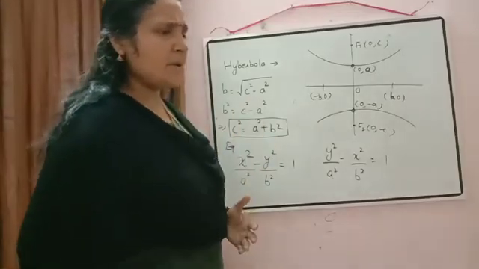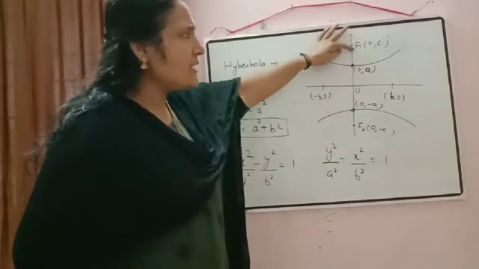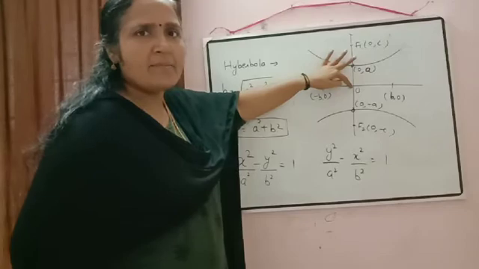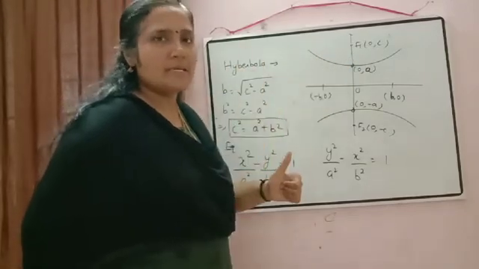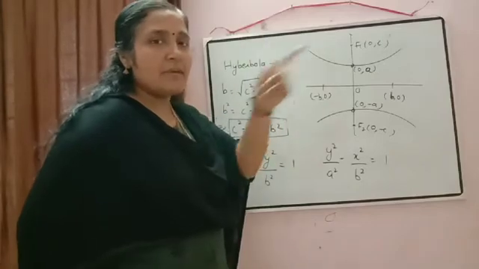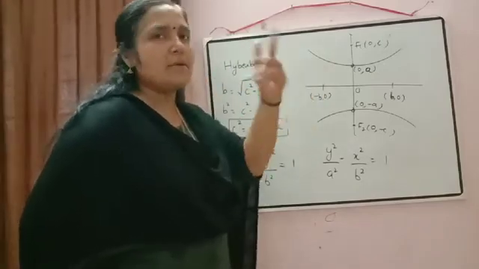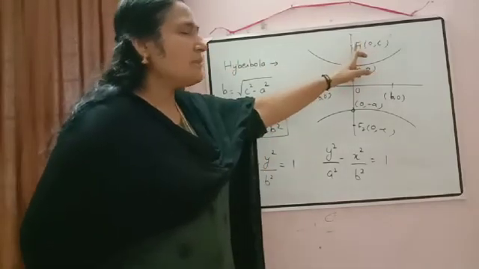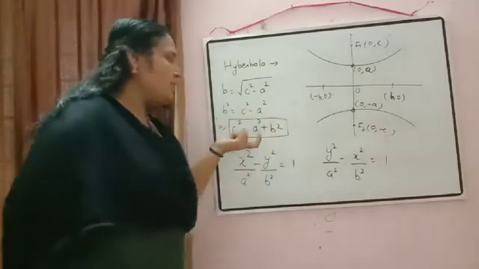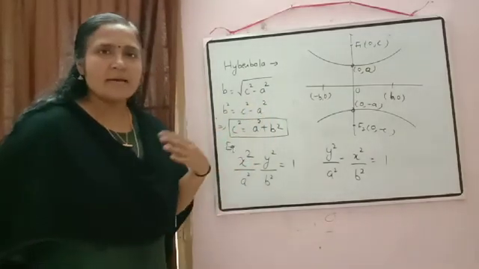To remember this one, how can you remember it? You can check the diagram. Obviously, c will be greater than a. So in that case, c square is equal to a square plus b square will come. In ellipse, we have a greater than c. So that's why a square is equal to b square plus c square will come. So just check which one is greater, and accordingly you can learn these formulas. So I think all these formulas are clear to you.